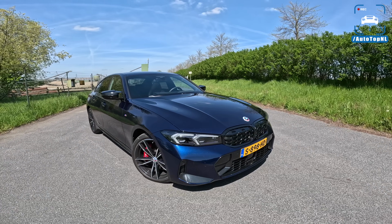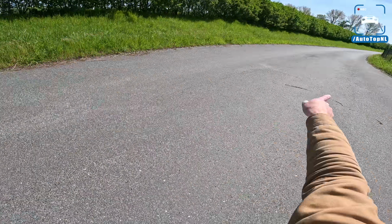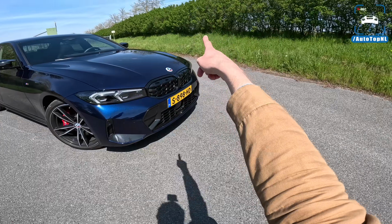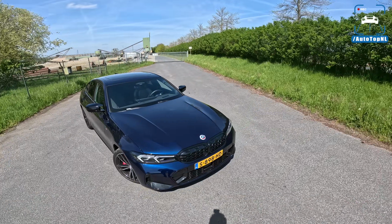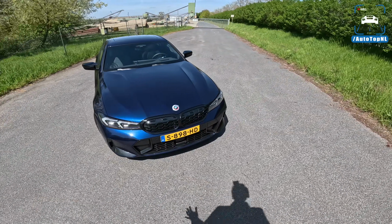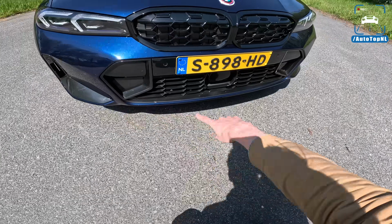We'll talk a bit about the small changes that BMW made to the car, and then we'll take it for a drive towards the Autobahn for an Autobahn blast. Now, styling wise, the biggest change is the front end, of course. You have a completely new design for the front bumper with a lot of black, a little bit more angular